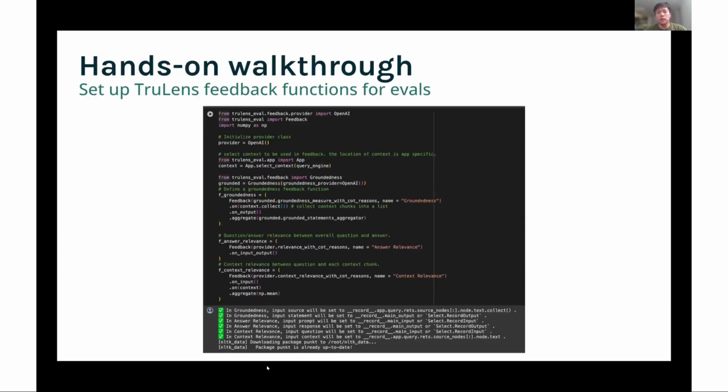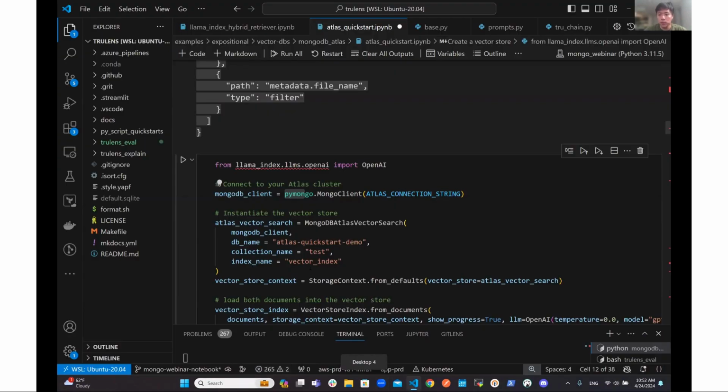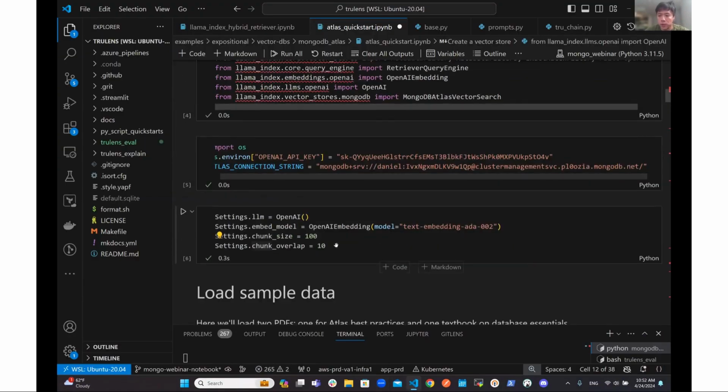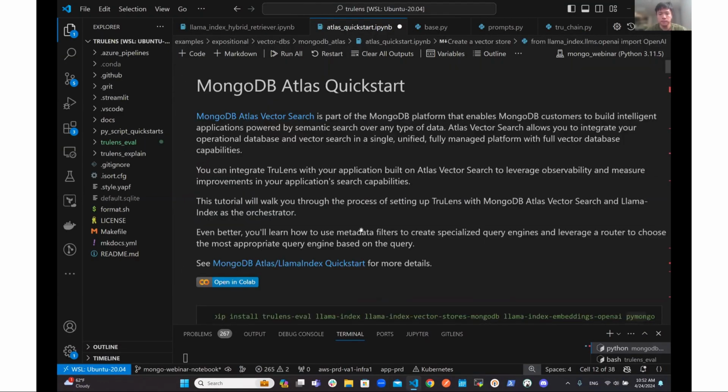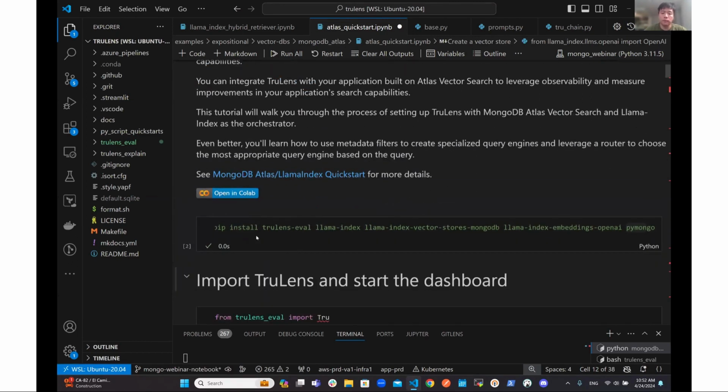All right, so let's get to the hands-on walkthrough. Feel free to just interrupt me if I'm going too fast. So let's head to the notebook. Hopefully the font size is good. If not, just give me a shout out. This is the same link that we provided in a QR code. This is an Atlas Vector Search Quick Start notebook. First,